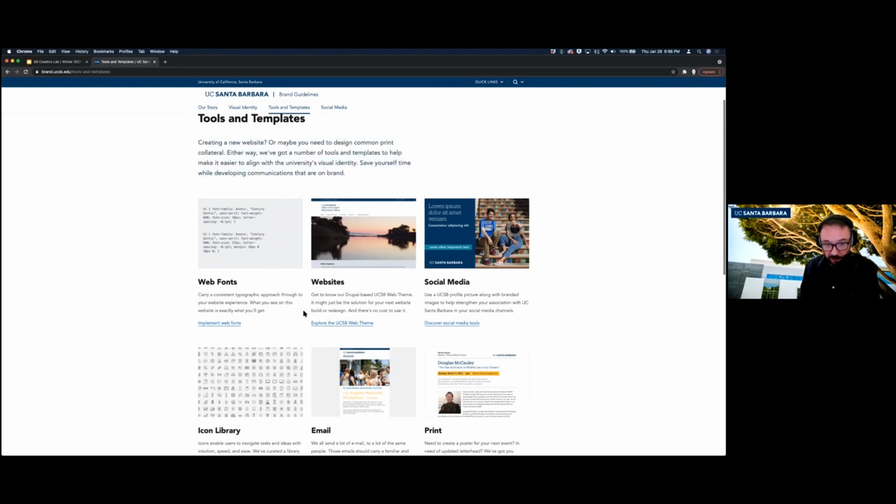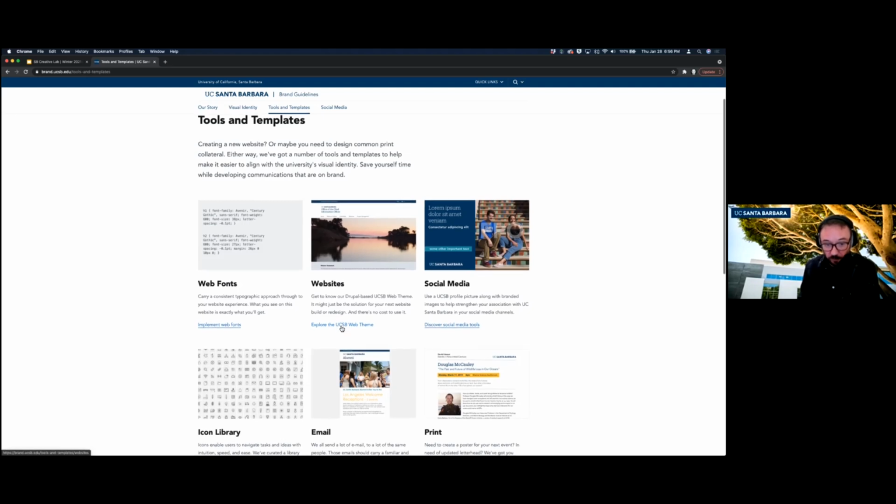We have a license for that. We have a web theme, which departments on campus are starting to use to rebuild their websites in. And so basically it matches the look and feel of this site. And I showed you that slide earlier, which showed the range of different website headers across campus and how difficult it was to discern what's what.